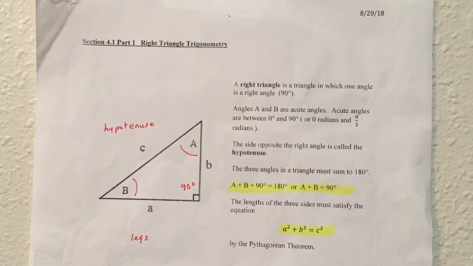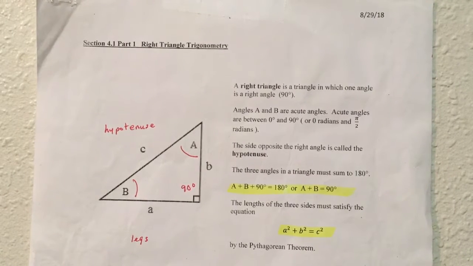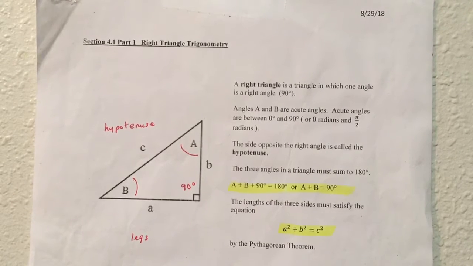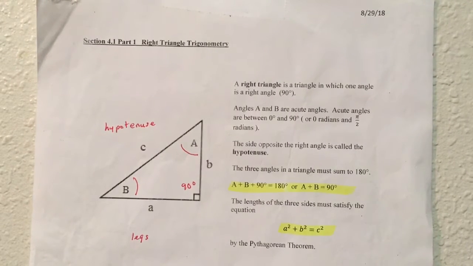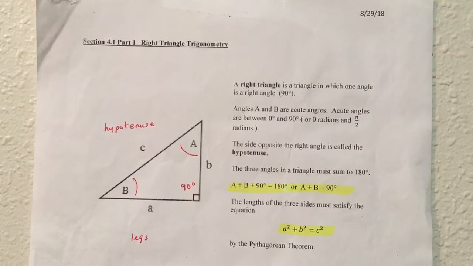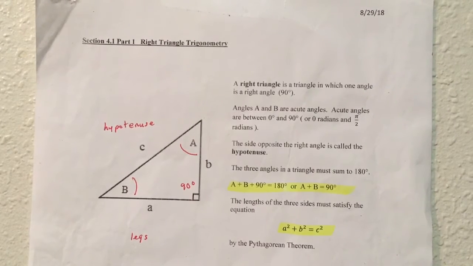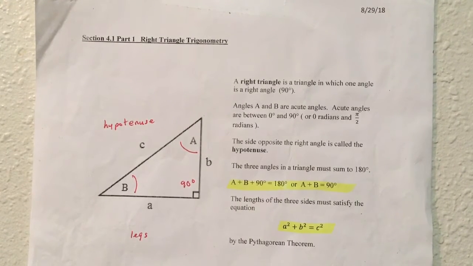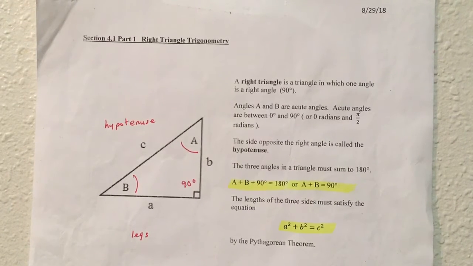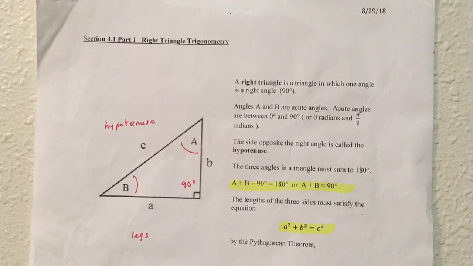All right, class. In this video, we begin section 4.1, part 1 in your textbook. It has to deal with right triangle trigonometry. We're going to take the definition of the 6 trigonometric functions of theta from section 2.2 and apply them to right triangles. If you had any right triangle trigonometry in high school, you might find this a bit